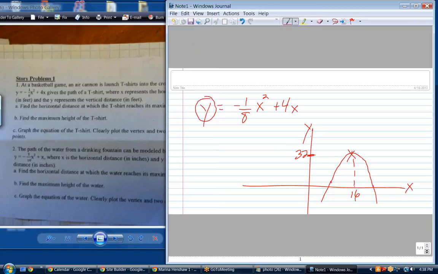We could plot point 17 and point 15 if we wanted. And we would plot those by plugging in those values for x and figuring out that y was the proper value. In fact, we really only have to plug in 1 because we know it's going to be symmetrical about